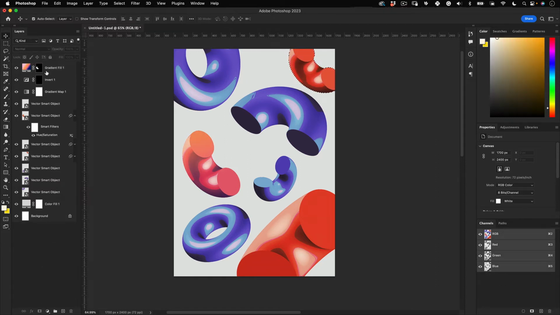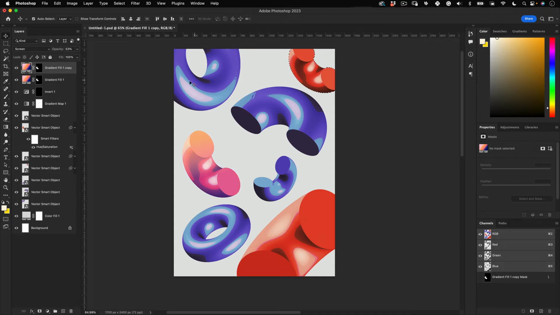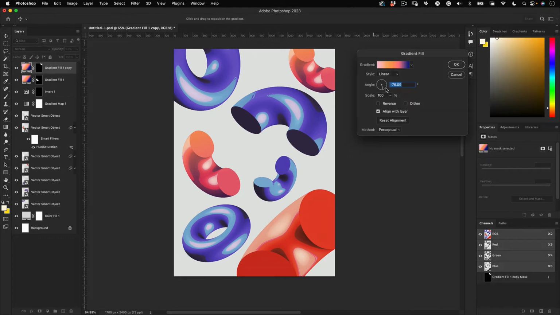Maybe I need to duplicate the gradient and delete this mask here. No, Command D. Okay, and now I'm gonna select this one. Use the selection to make a mask on this one. Yeah, that's what I want to do. And then change this gradient's direction probably to be something different,